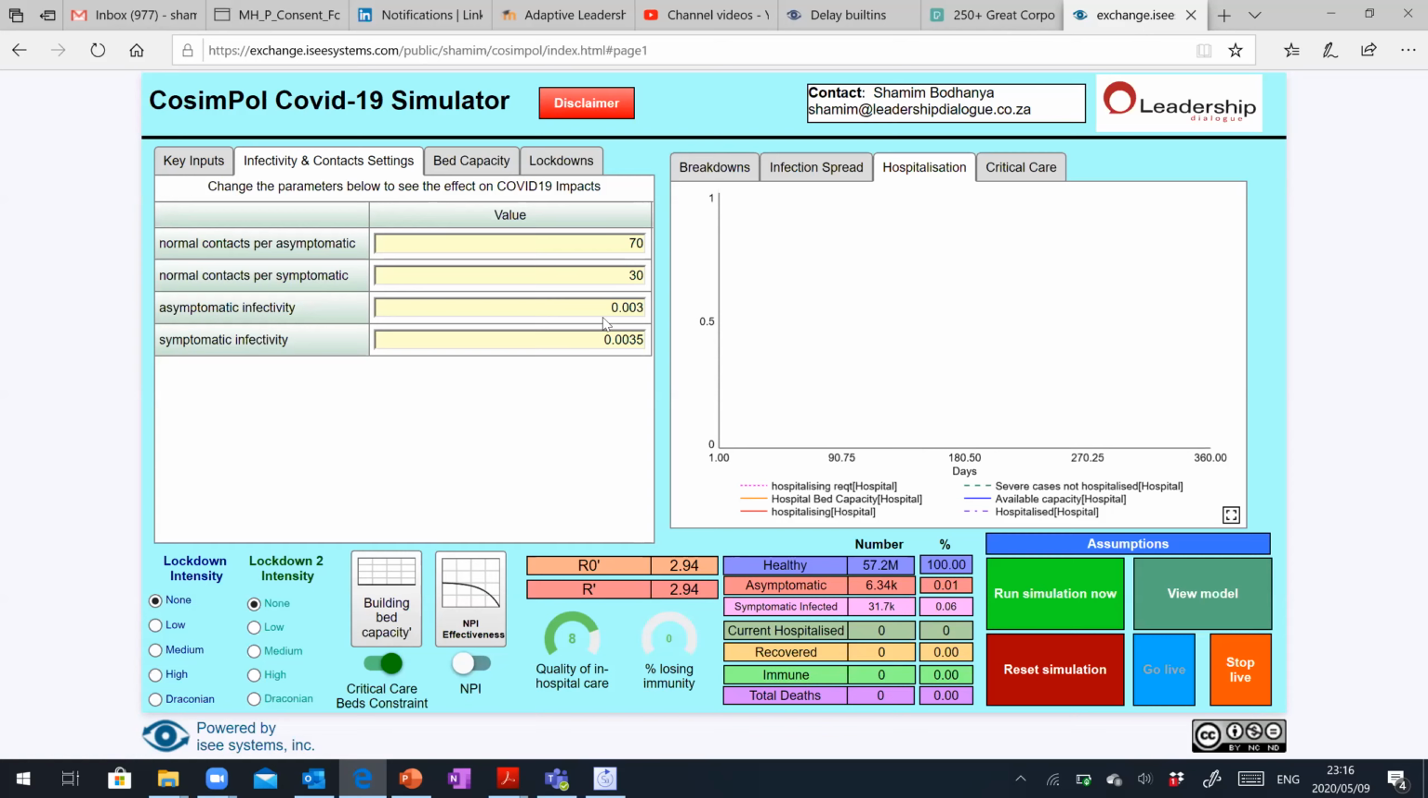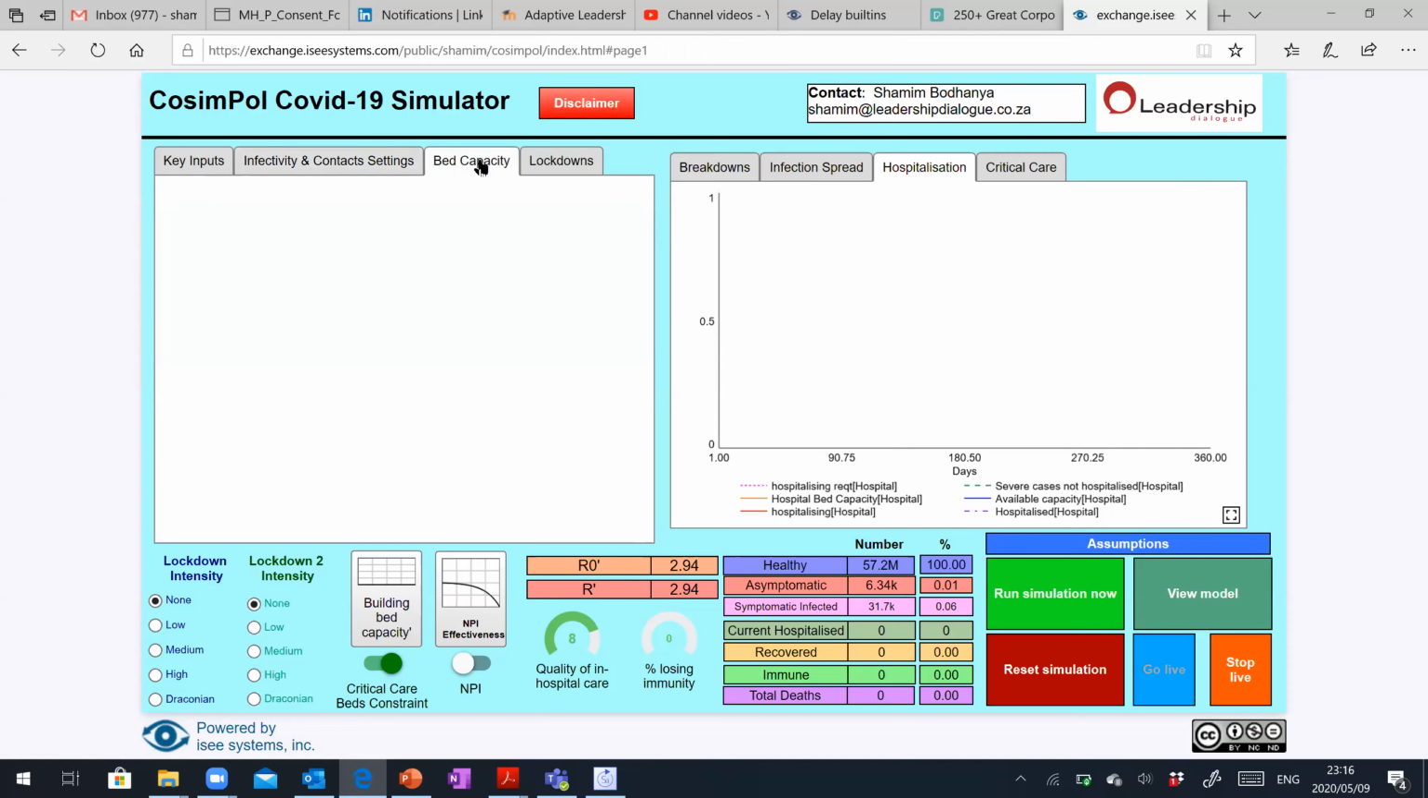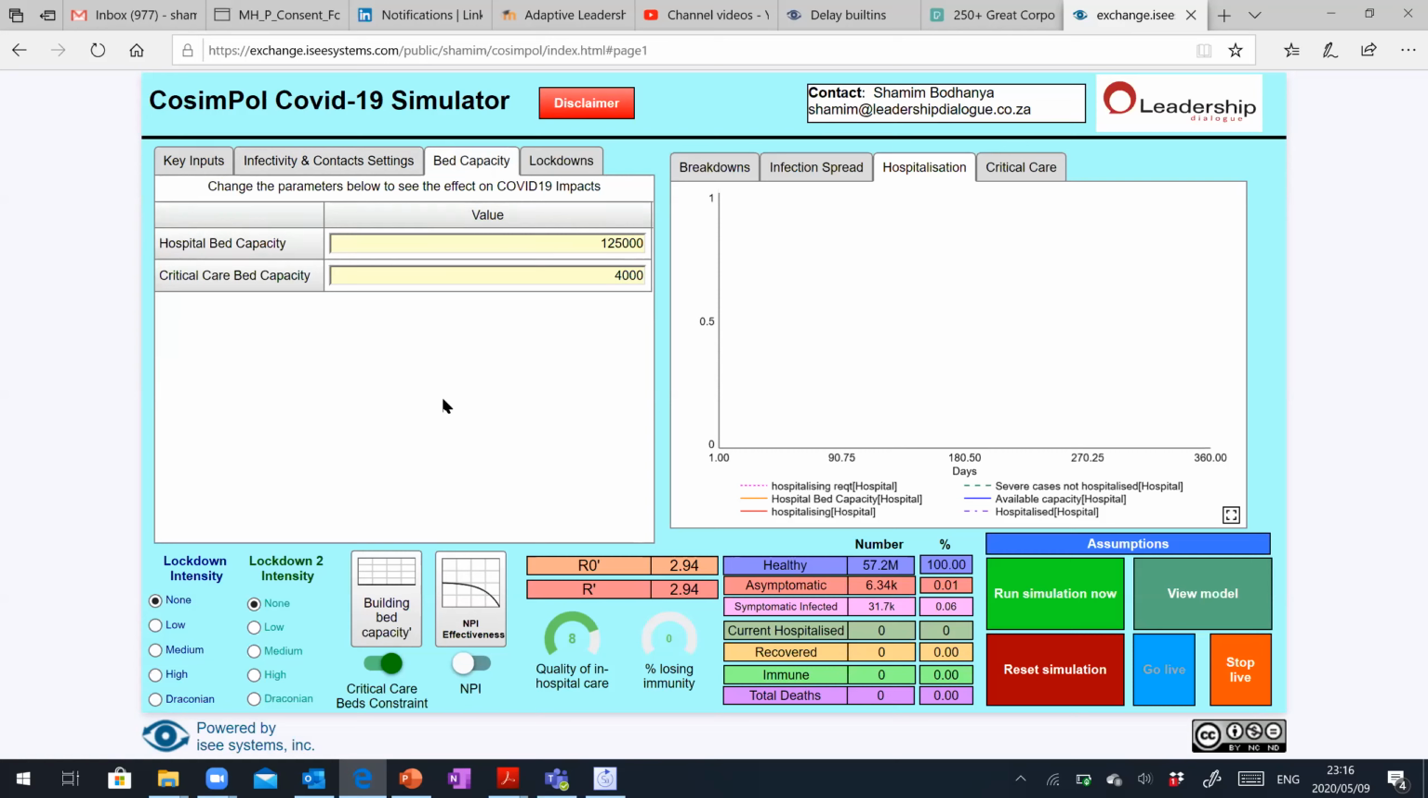And then there's the rate of infectivity. I'm working with an R0 of 2.94, and there's a range of R0 figures that have been used, anything from 2 to 3.5. I'm using an R0 of 2.94, and one could change that by changing these variables. Bed capacity includes the current hospital bed capacity, normal hospital beds, as well as critical care bed